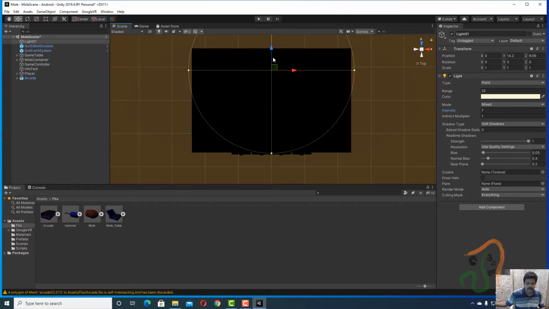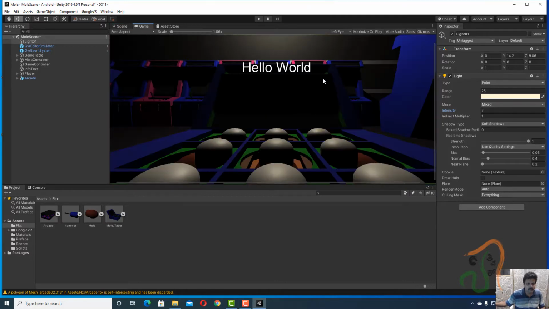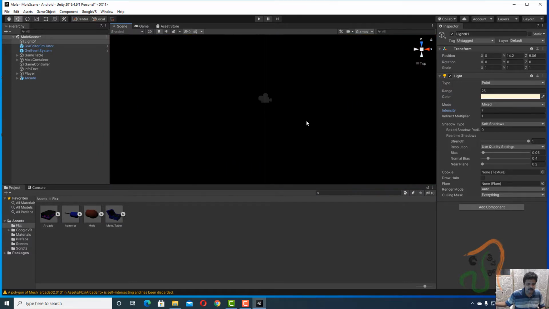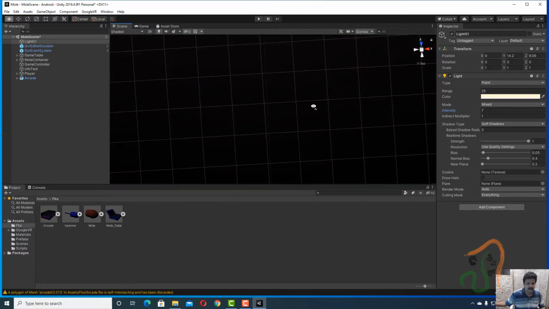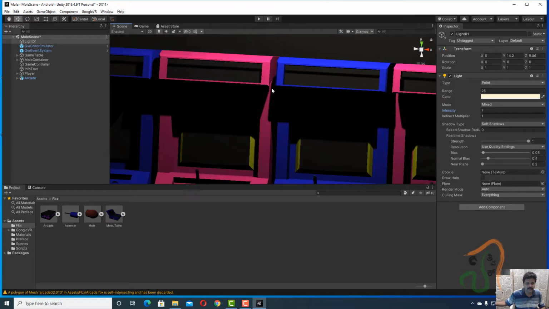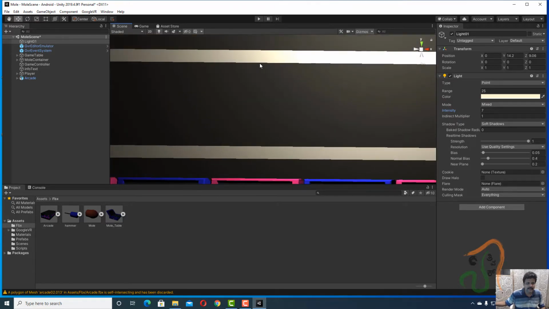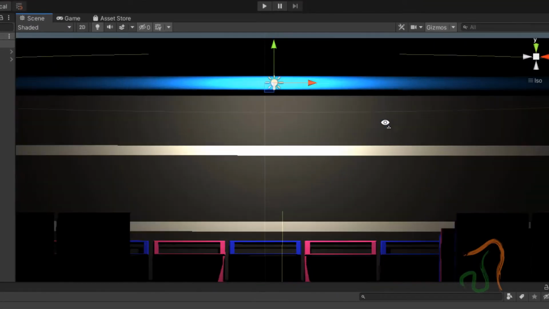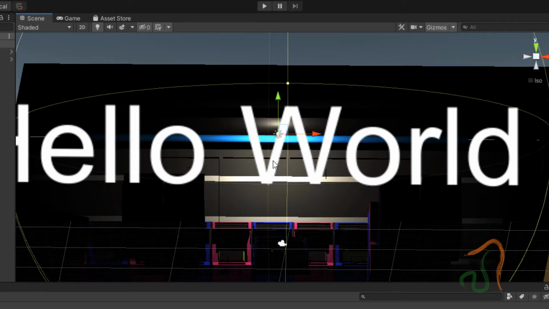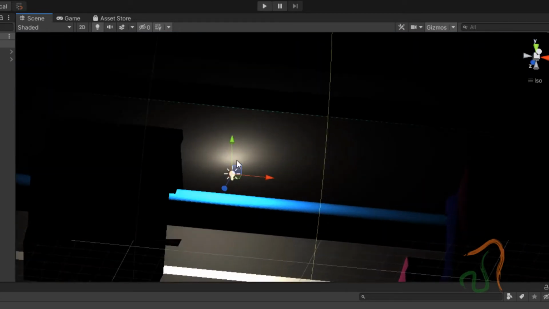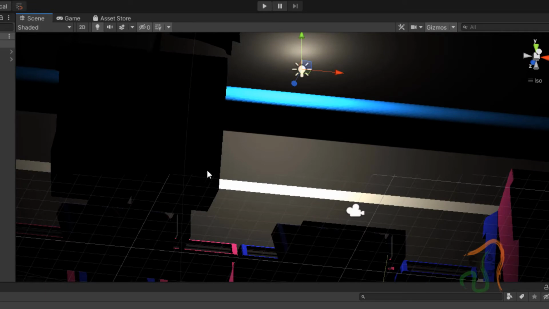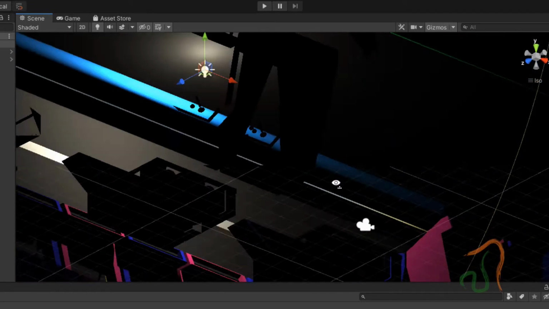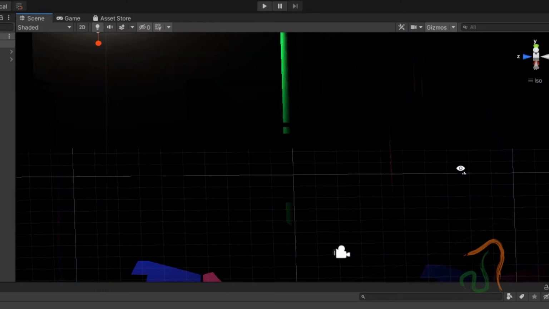If we come back to the game view, or if you zoom in here and rotate and see it, you might remember that we had added 2 lights here. 2 top bars, one is blue and one is green. So we had added 2 light bars here, one was blue and one was green. When we are adding this light, you can see one is green and one is blue.